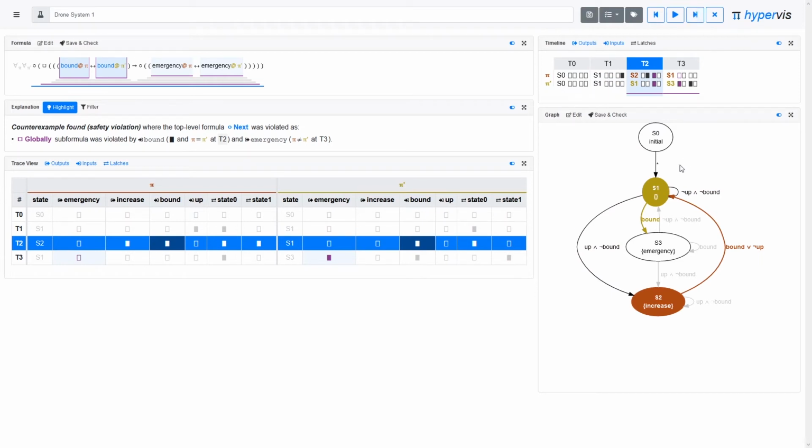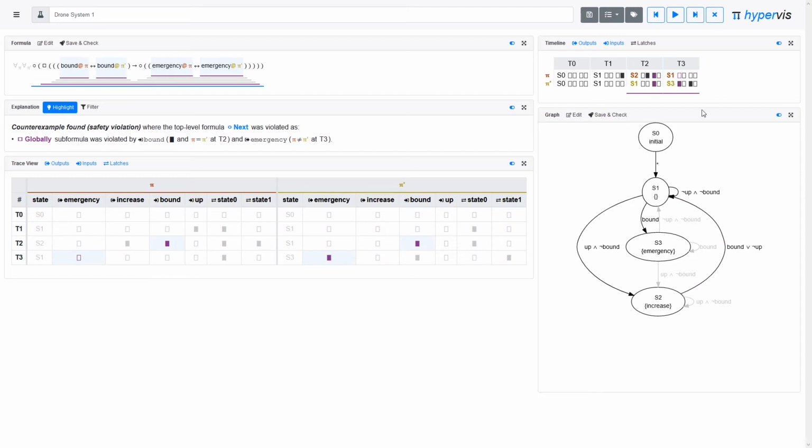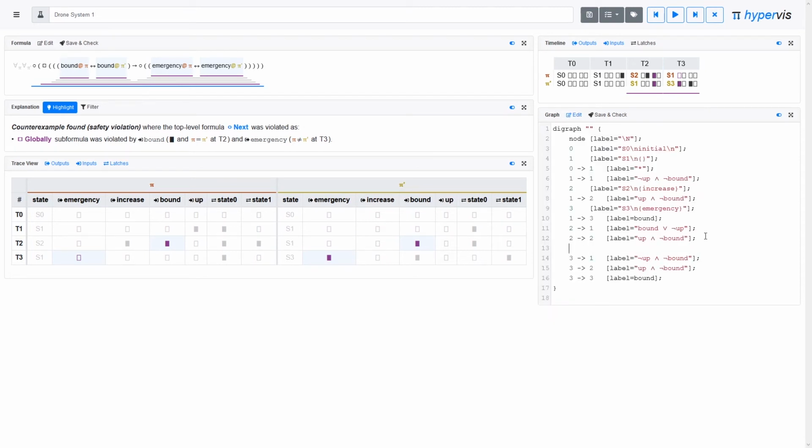However, while the trace pi prime will correctly move from S1 to the emergency state S3, the other trace moves from state S2 to S1 despite the present bound. Thus, we would need to edit the system and add the missing transition from S2 to S3.